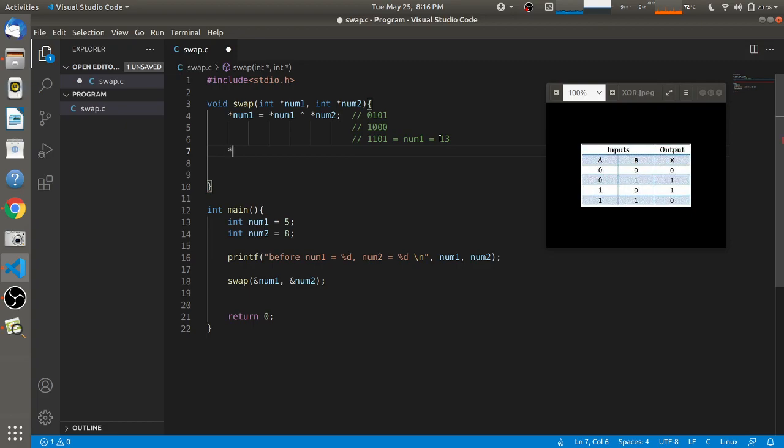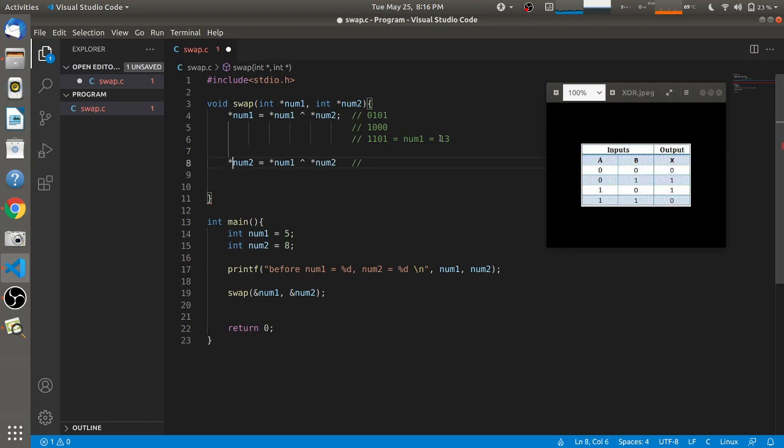In the second operation, what we have to do is num2 equal to value at num1 XOR, which is on the number 6 on the keyboard, XOR value at num2. Here we have to do the same XOR operation again, and as the value of num1 was modified on the first line, that value we have to consider in this second statement.